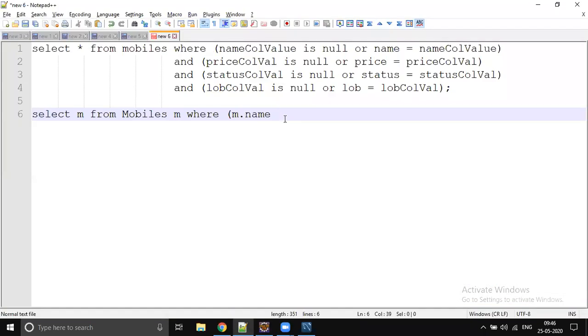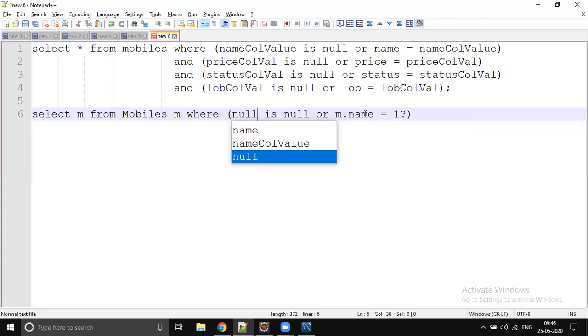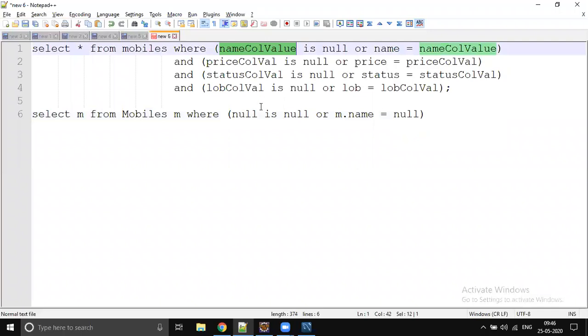Name is null or m dot name equals, right? So whether you can pass the data or not. This is your first placeholder. If the value is coming, it will be populated. If the value is not coming, it's going to be populated as null equals null, and m dot mobile equals null. So this is the first placeholder.